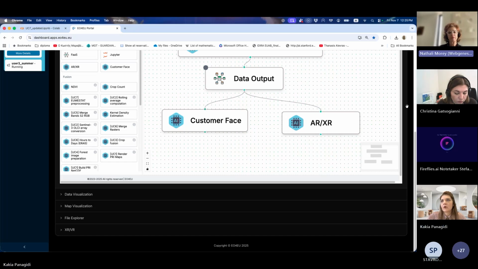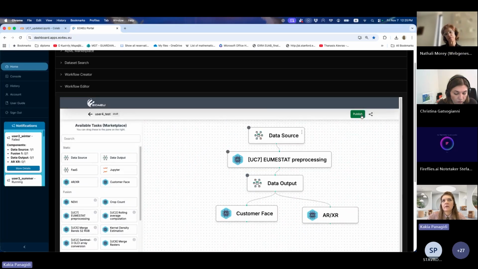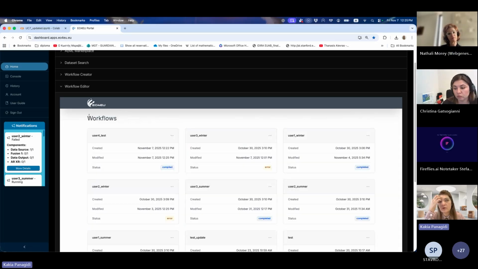Submit. Okay. And then what I have to do is to save and publish. Then I'm going back through the arrow to the EO4EU. What I can do is the following. Either I can see here